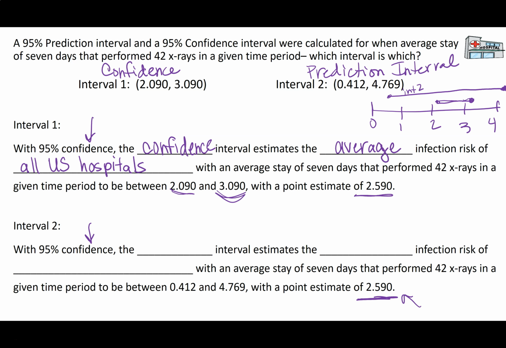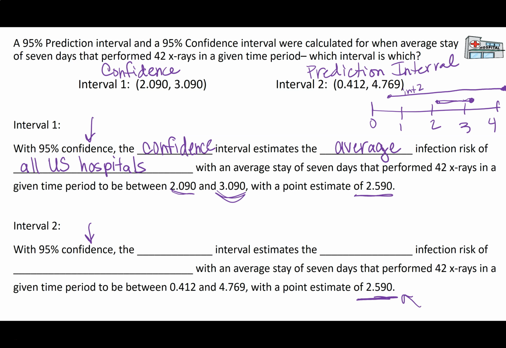It could be like a brand new U.S. hospital. I mean, not literally brand new, but new to the data set. With an average stay of 7 days that performed 42 x-rays in a given time period is between 0.412 and